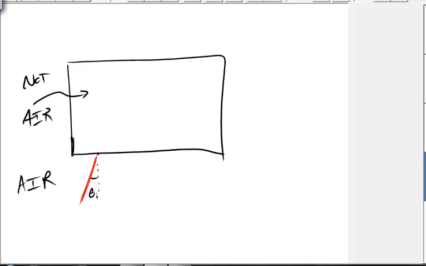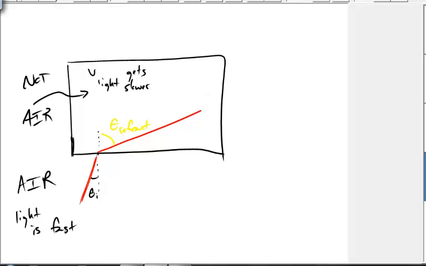The speed of light is going to slow down. So the speed of light, v light, gets slower. And because of that, it bends in, and it goes away from the normal. So what you're saying is, if it goes from a faster medium to a slower medium, it bends away from the normal. That is correct. And then it seemed like when it comes out again, it's going from slower to faster, and it bends towards the normal. Right.